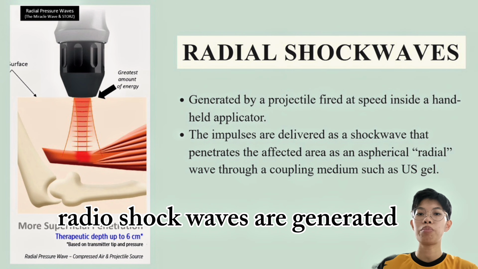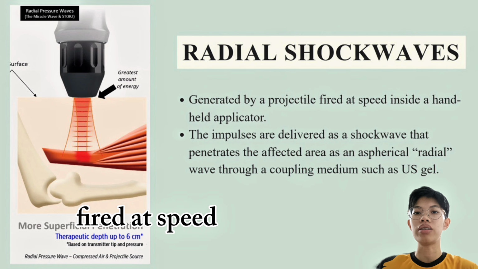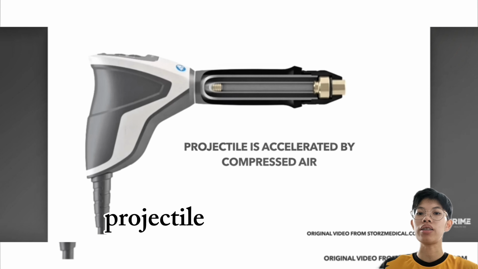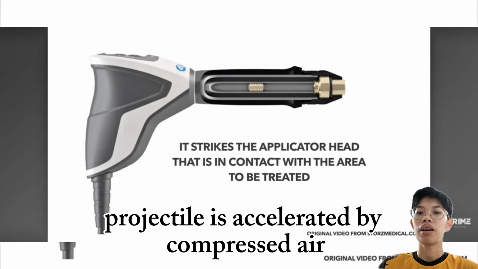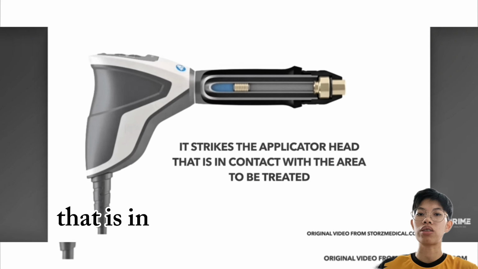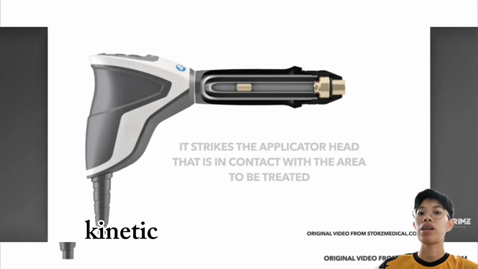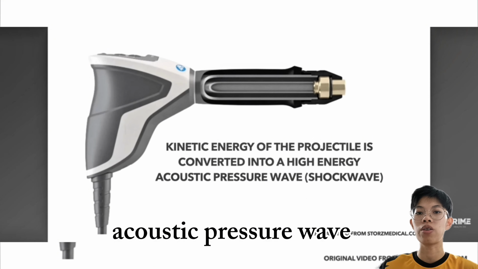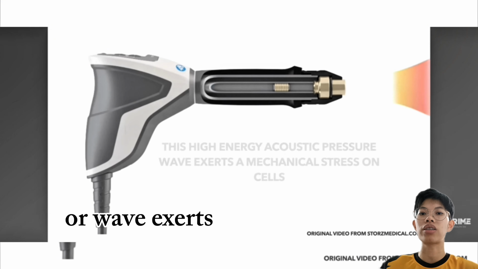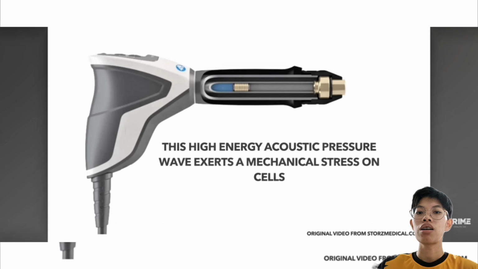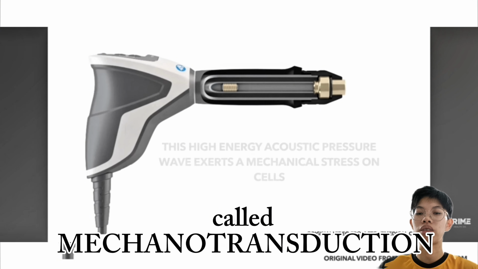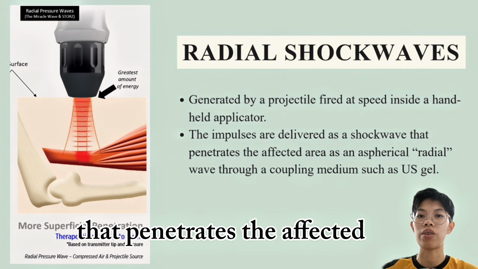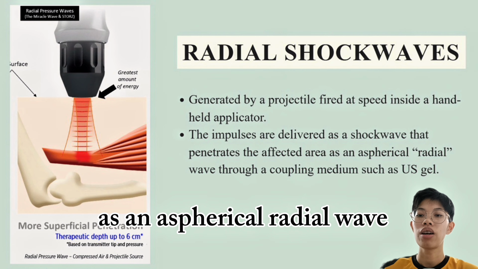Radial shock waves are generated by a projectile fired at speed inside a handheld applicator. As we can see in this video, the projectile is accelerated by compressed air and it strikes the applicator head that is in contact with the area to be treated. Kinetic energy of the projectile is converted into a high energy acoustic pressure wave. This pressure wave exerts a mechanical stress on cells called mechanotransduction. The impulses are delivered as a shock wave that penetrates the affected area as a spherical radial wave through